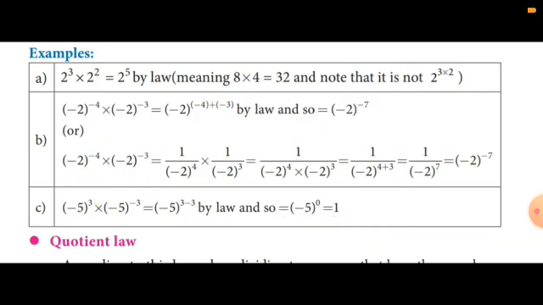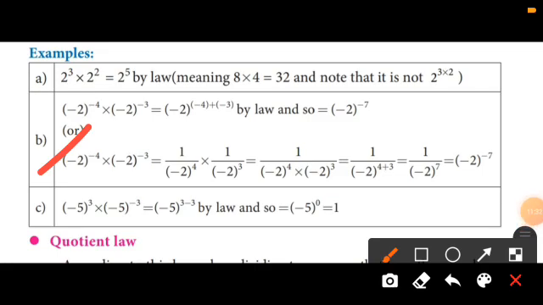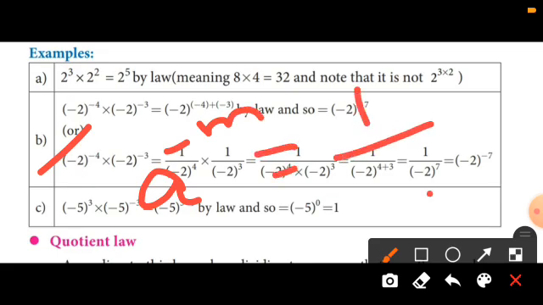Second sum, (-2) power -4 into (-2) power -3. This is equal to 1 by (-2) power 4. This is the law: using the law, a power minus m is equal to 1 by a power m. Okay, using this law,